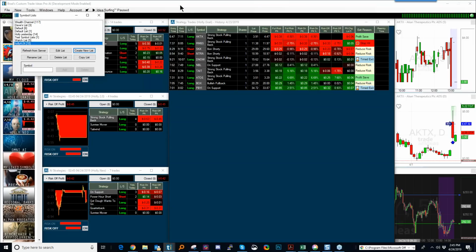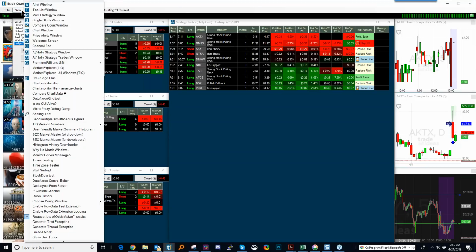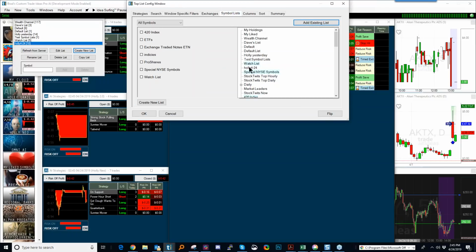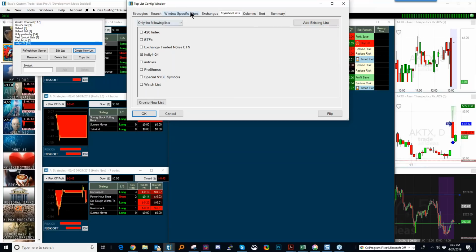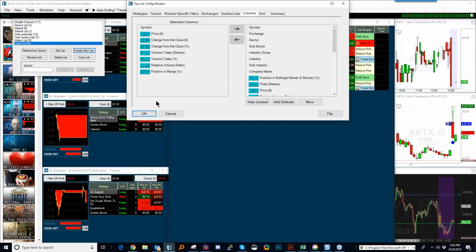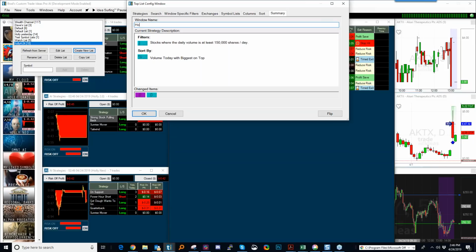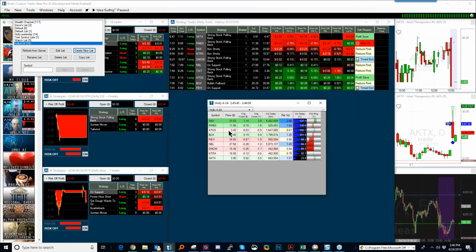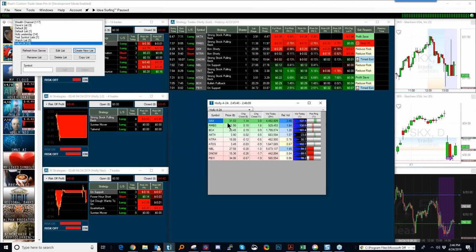Now I've got a symbol list, and I can create a top list with that. So new top list, go to my symbol list, find Holly 424, just select it. I don't think I need any filters in here because I'm just looking at a small group of stocks. Make sure I have the columns that I want to look at, and now we're looking at, and you can bring in all three segments into this, and then you can add some columns. That way you can watch how the Holly trades yesterday were doing, do your sorting, provide some really good info.